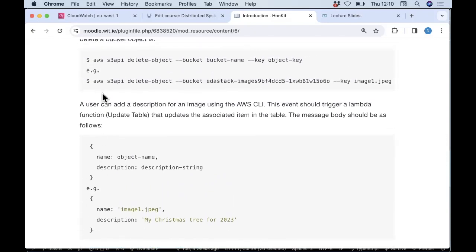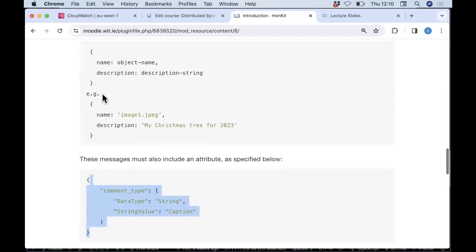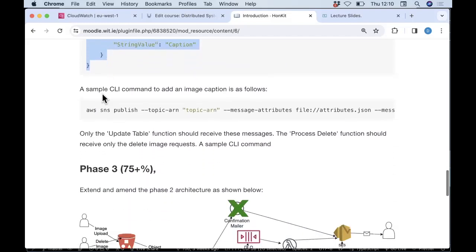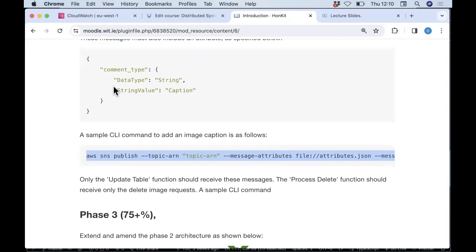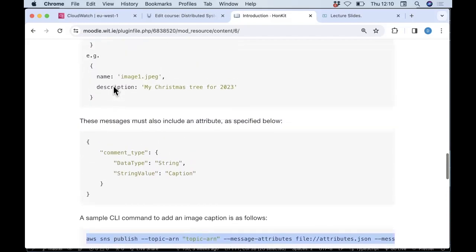up here. Is that where I show you? No, that's the delete one. Here I'm showing you how to publish a message directly to an SNS topic. Okay, so that means that